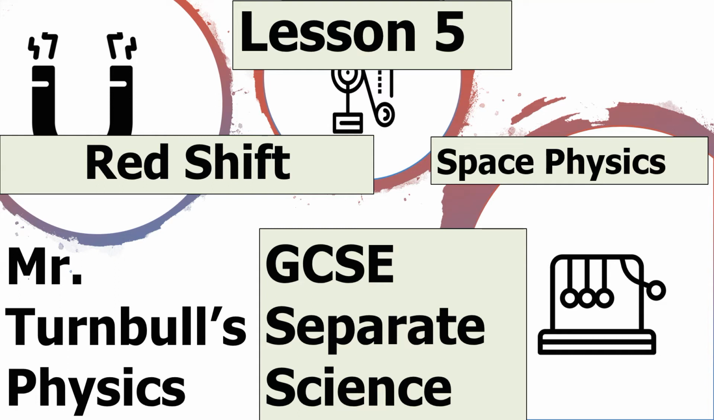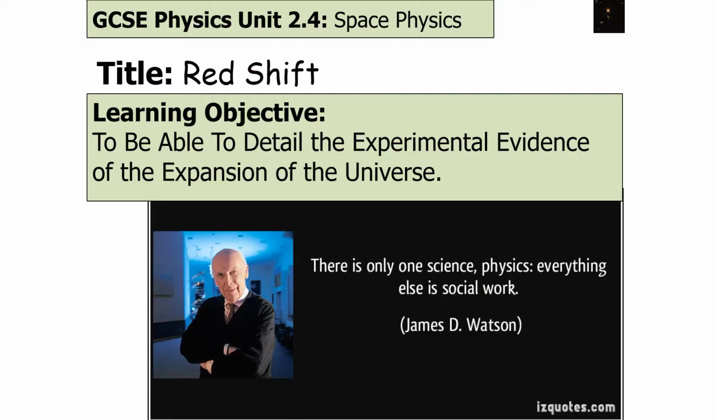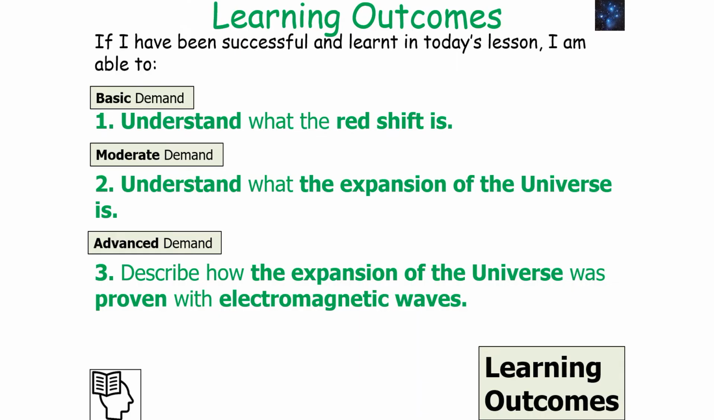Hello and welcome to today's lesson on redshift, which is part of the space physics topic in GCSE Separate Science physics. So in today's lesson we're going to try to detail the experimental evidence of the expansion of the universe. If we've been successful in today's lesson, we should be able to understand what redshift is, understand what the expansion of the universe is, and then finally describe how the expansion of the universe was proven